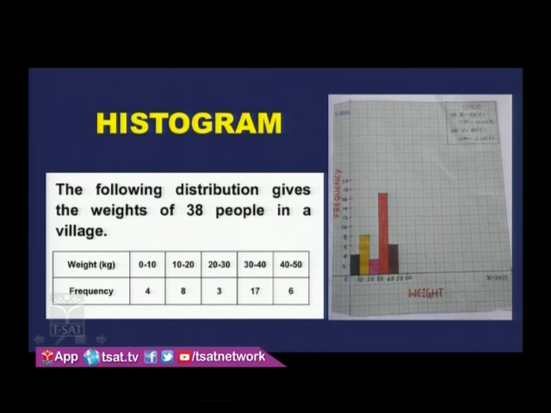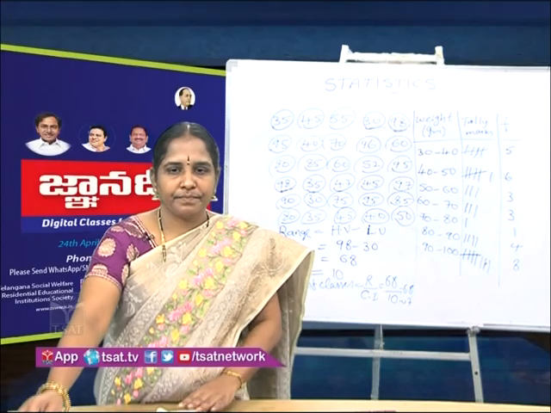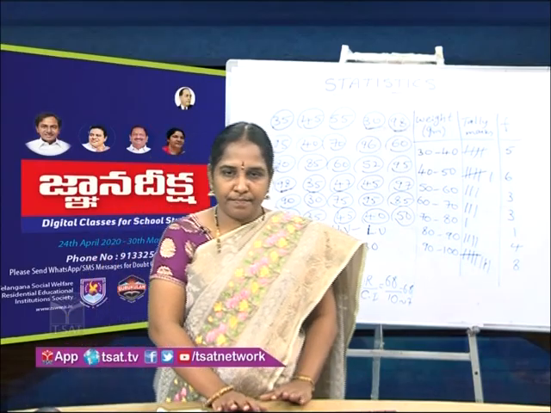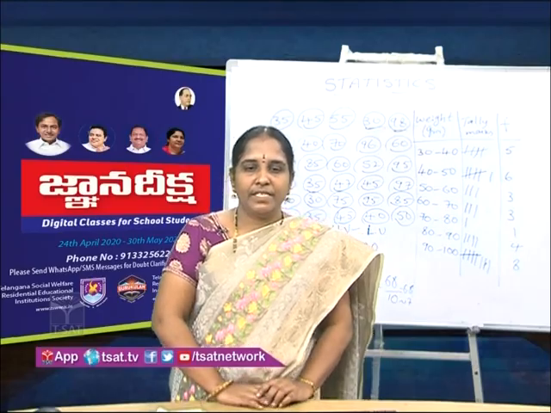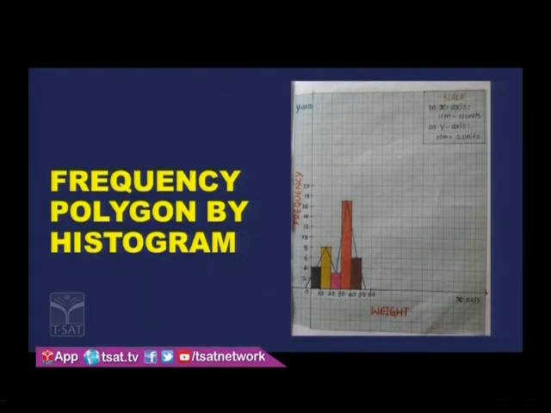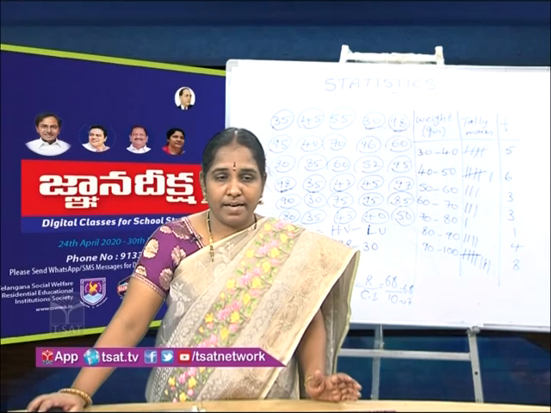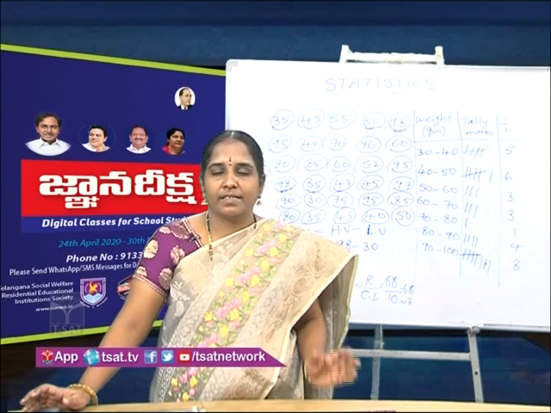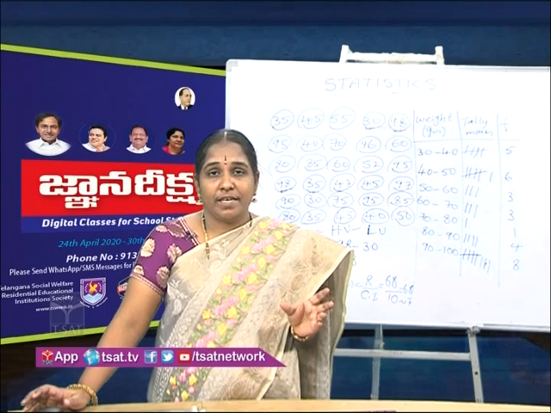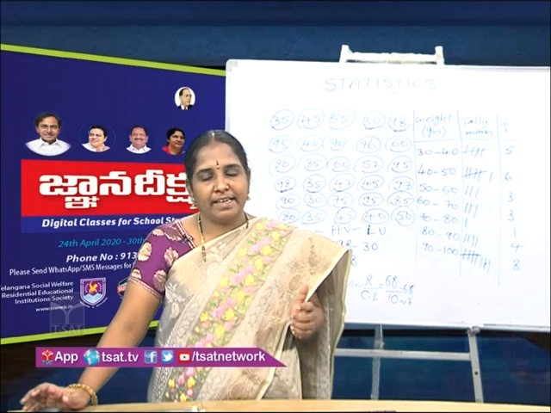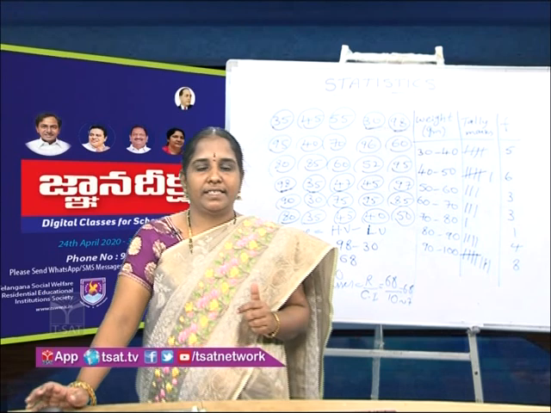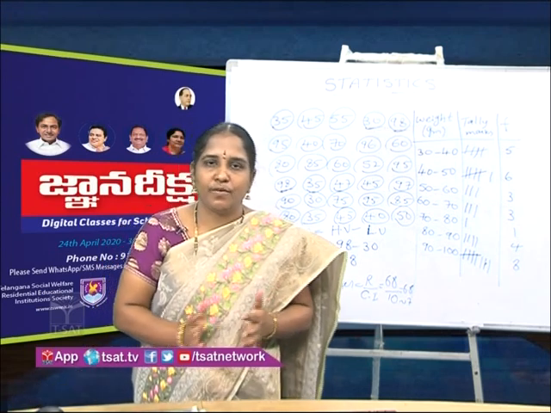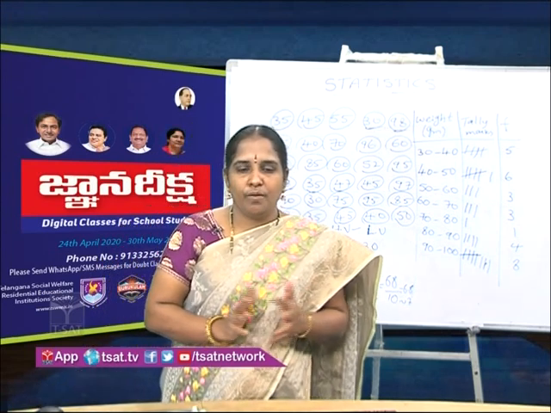Right. Next, after this graph, we move on to the next one, frequency polygon by histogram. To draw this frequency polygon, you have learnt what polygons are in the geometry class. A simple closed figure consisting of a certain number of sides. If 3 sides are there, it is a triangle. If 4 sides are there, it is a quadrilateral, and so on. Many types of polygons you have seen in the geometry class.